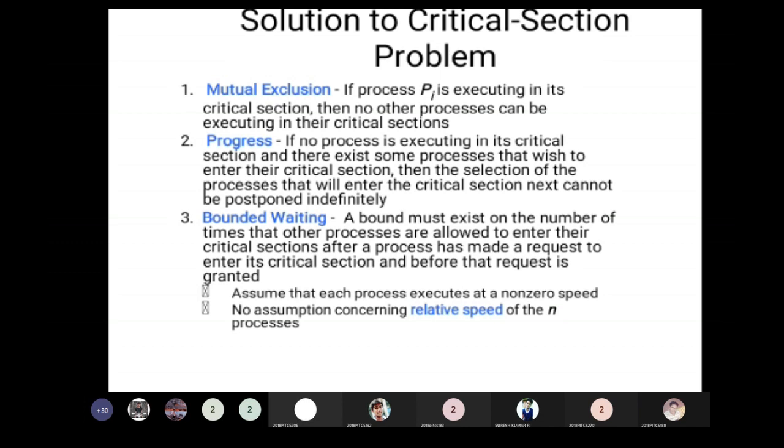There should be some time bound or time limit for the other processes who requested to enter the critical section. They cannot be made to wait indefinitely. There should be some time bound in their waiting.